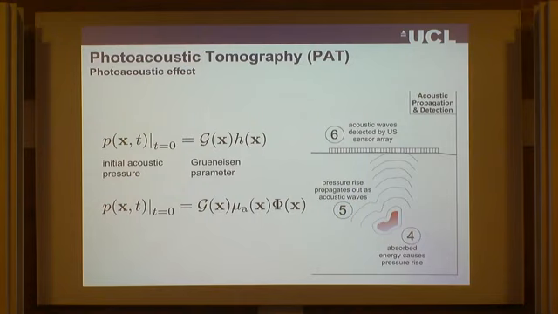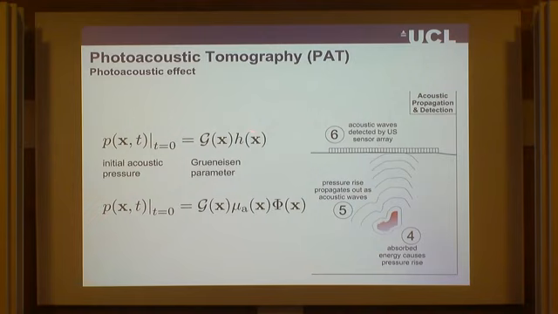So basically, this is the same effect as when you get a lightning strike. With lightning, you get light, and then the boom coming out. Okay, so this is the photoacoustic effect. The light is getting converted to an acoustic wave. This happens with some kind of efficiency constant called the Grüneisen parameter, but effectively the energy